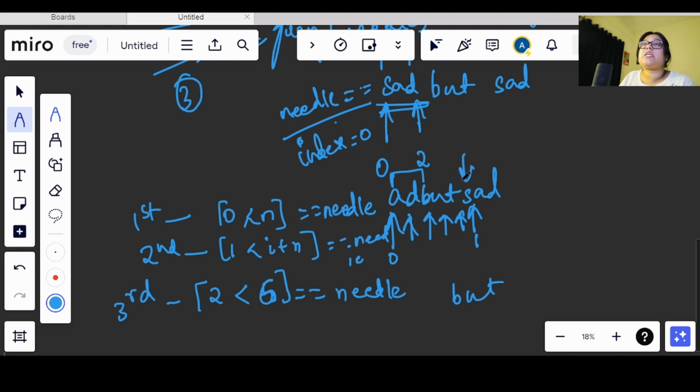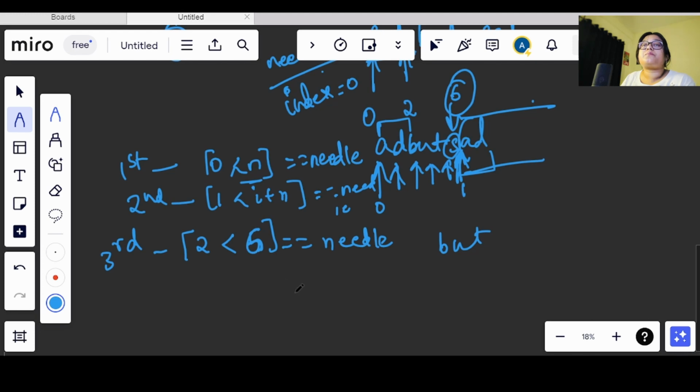Now I will again check this value, and I will go only till the value where, I can say, we have the length as n. So I can go till only 0 1 2 3 till 6th index only, because if this value is not found from here to here, then it cannot exist further, because the minimum length of the needle should be available, right? So in order to avoid getting index out of range, I have to start from I equals 0, that is for sure, and we will go till less than, let's say needle length is n.